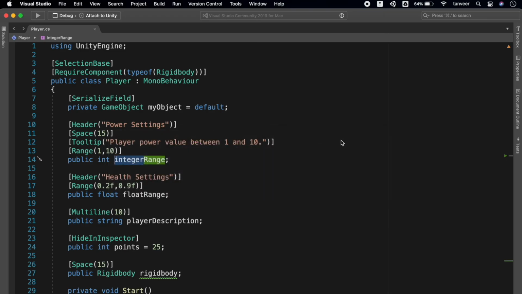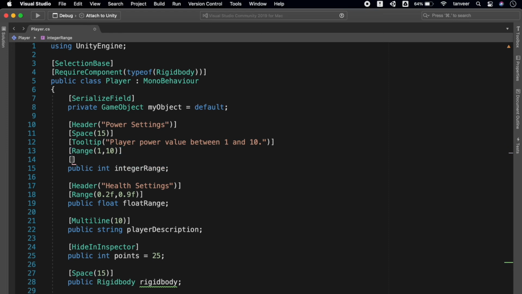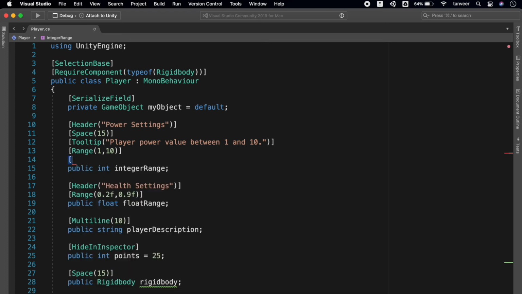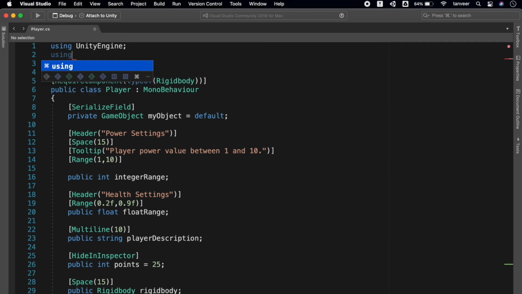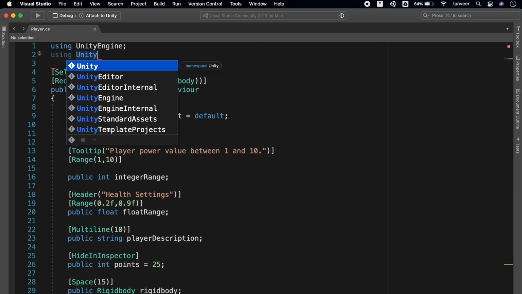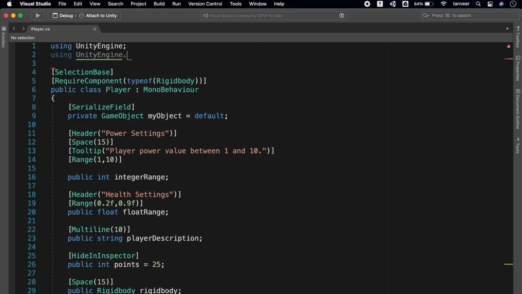Go back to your script and above the integer range, we need to add the formerly serialized as. The IntelliSense is not getting it. I guess we need to add the namespace. Let's first add the namespace. Type using UnityEngine.Serialization.